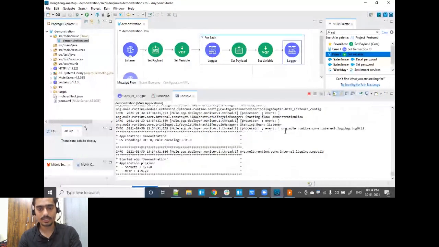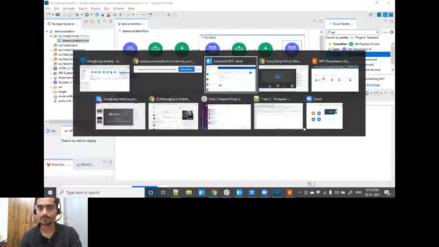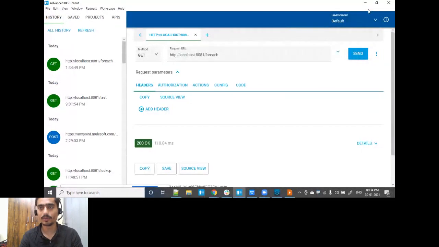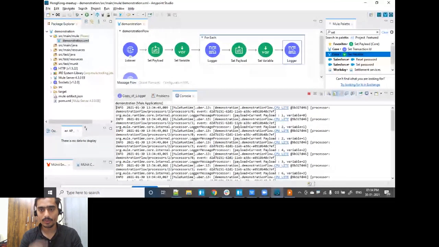Application restarted. Let me first clear the console. Too much content. Go and invoke my application. Now if I come back, you will see that the record values are getting modified. When the payload was 1, it is getting modified to 2. Variable value getting changed from 0 to 1.